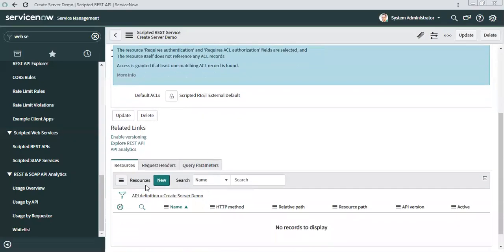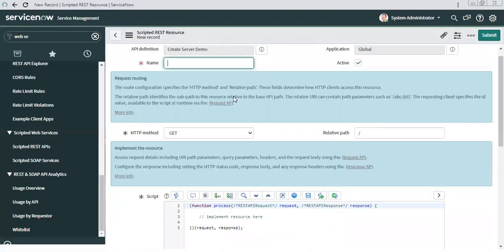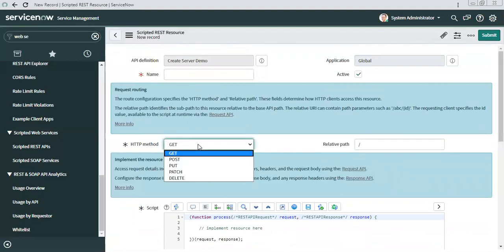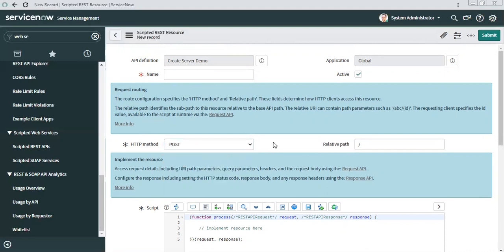then under resources, and header parameters if you want, mainly you need to understand this resource part. You click on create new resource, and decide whether you want to make this API for creating a record, or for updating a record, all those things.